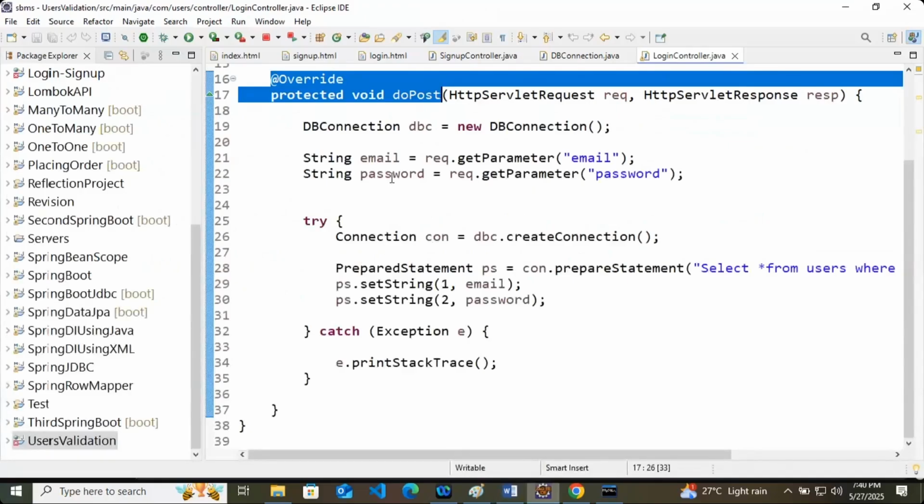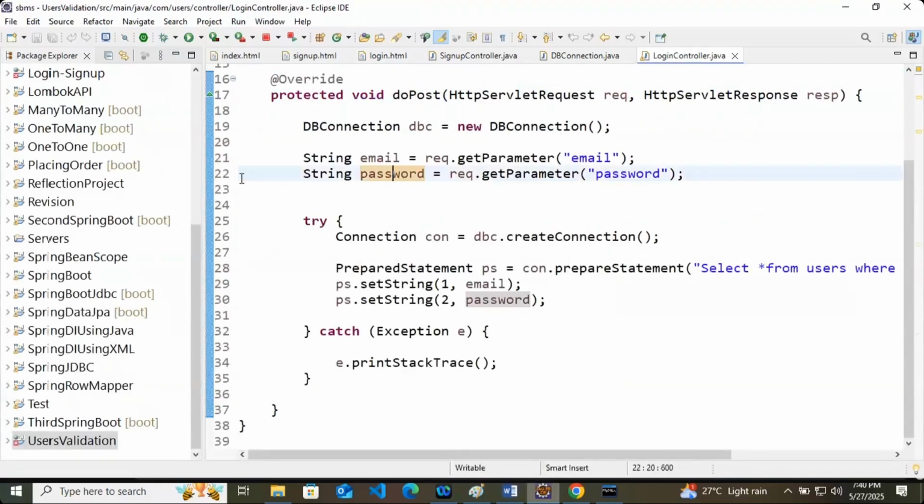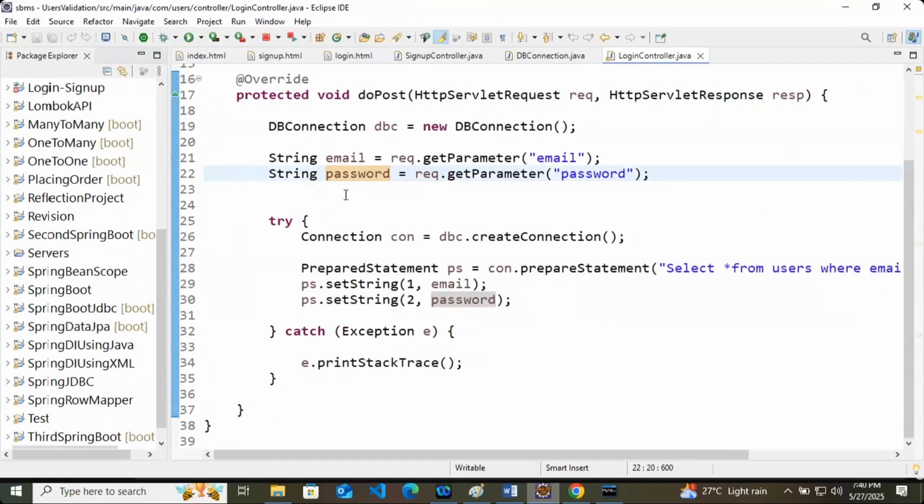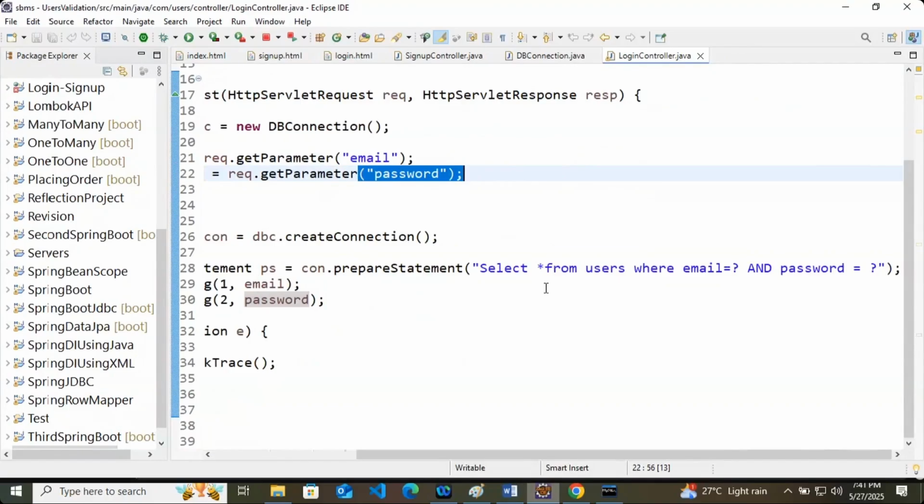So in the doPost method, at first we took the email, then we took the password from these fields. Then we create a connection and a statement, and in the statement we write: select asterisk from users where email ID is equal to something and password is equal to something.